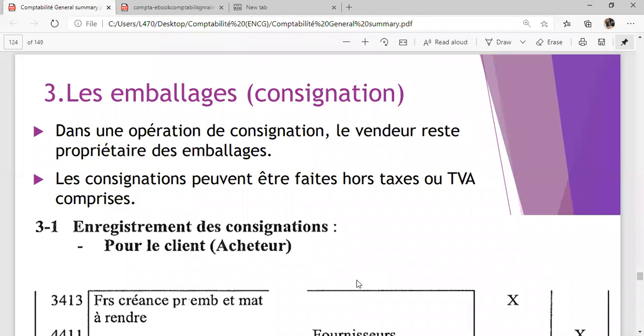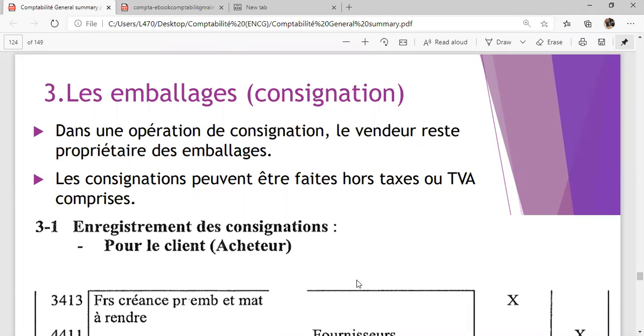So firstly, we have two main types of emballage also. We have les emballages perdus and les emballages récupérables. Les emballages perdus are packagings which are completely lost, which